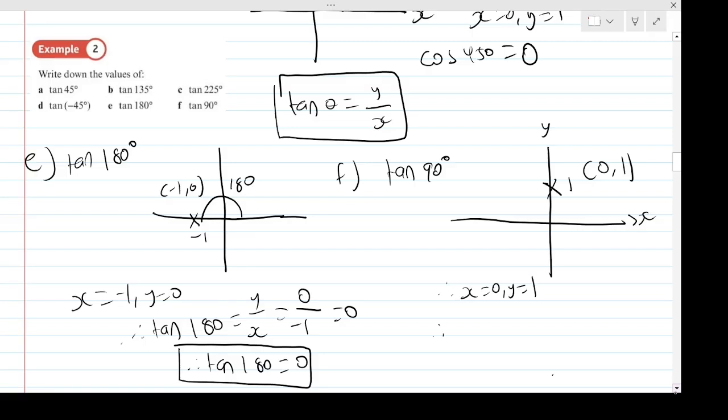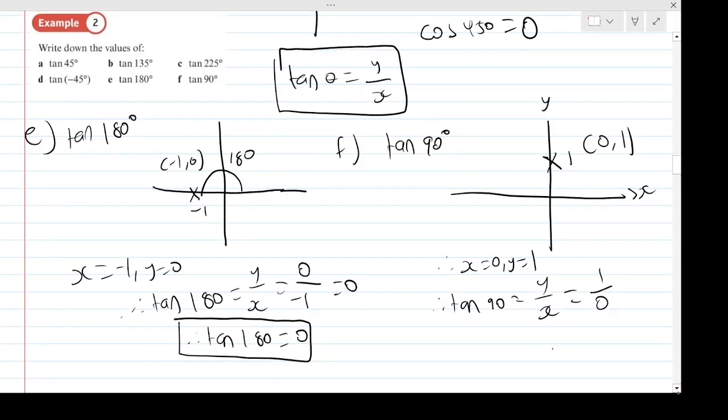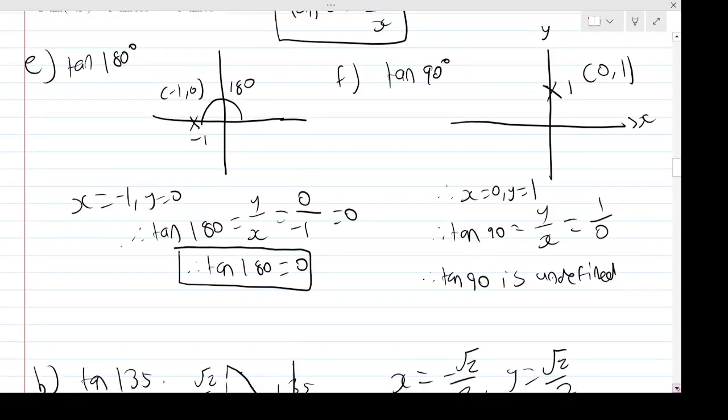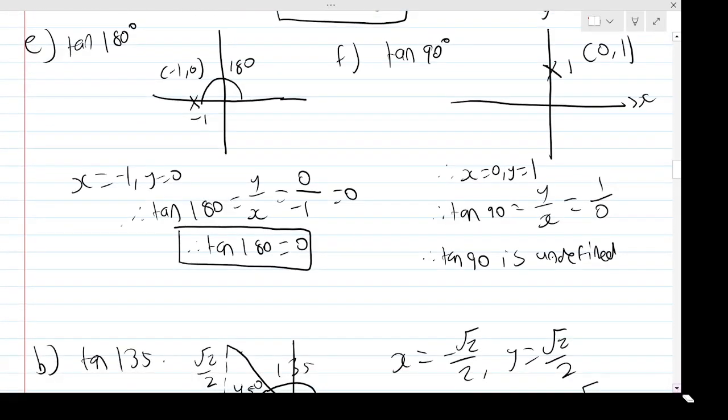So therefore tan of the angle 90 gets me y over x, which should be 1 over 0. Well, hang on, we can't divide by 0. So therefore tan 90 we call undefined. Okay, we cannot divide by 0. So therefore it's an undefined angle, which makes sense because if I draw a very tiny tan graph,